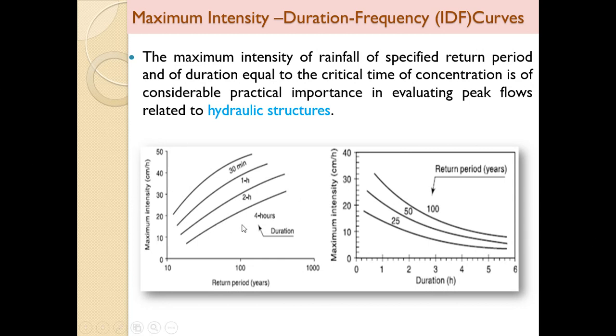You will get 100%. So this is all about average rainfall over an area, various methods, that is the arithmetic mean method, Thiessen polygon method, isohyetal method. Then we have discussed DAD curves, depth area duration curves, and then IDF curves, intensity duration frequency curves. This is all about this topic.